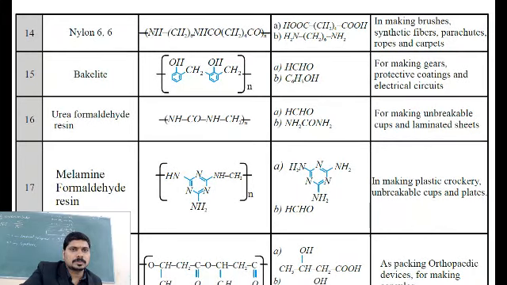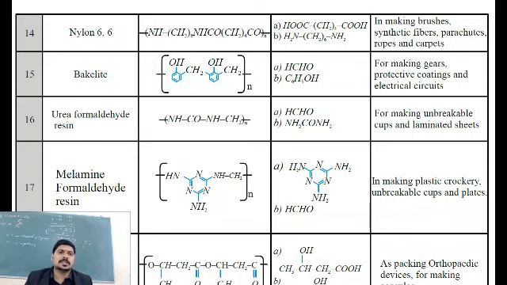The next one I am going to have is nylon 6,6. Nylon 6,6 is going to be having two monomers. One is adipic acid with 6 carbons, another one is 1,6-hexadiamine, which is going to have 6 carbons. So total 6 carbons in case of one monomer, another 6 carbon monomer are going to be combined by an